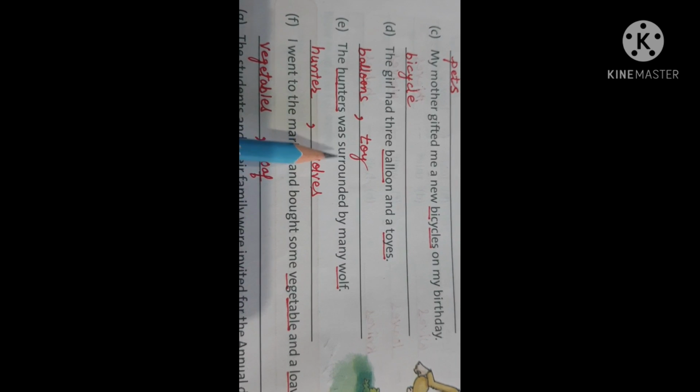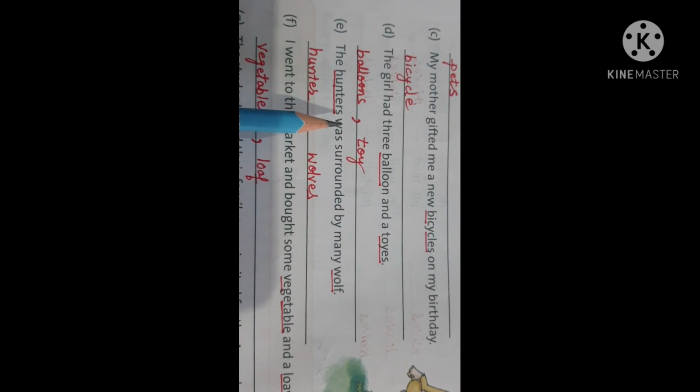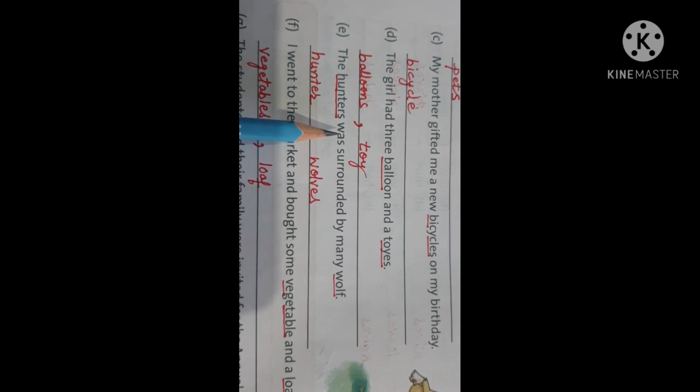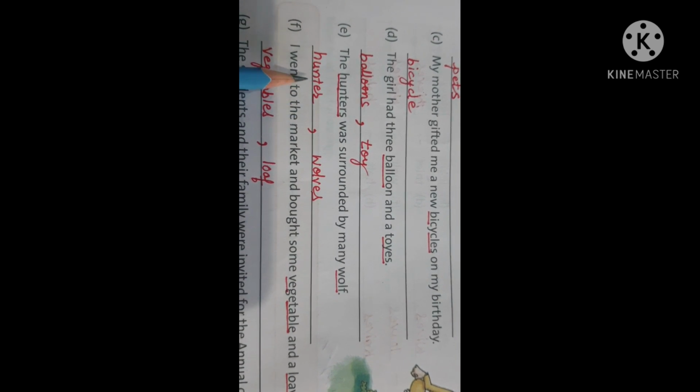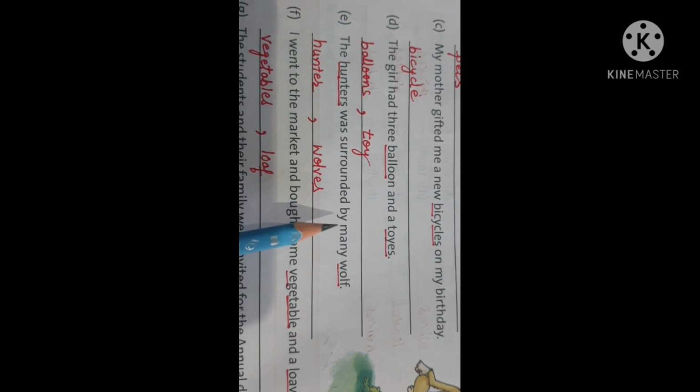The hunters was surrounded. Now children, was is used for singular subject. Was singular subject के लिए use होता है, right? Singular naming word के लिए use होगा. So यहाँ hunters लिखा है, which is incorrect. So we will write hunter here. The hunter was. अगर hunters है तो उसके साथ were आना चाहिए, right? The hunters were. But here was is given to you, इसीलिए ये was हमें बता रहा है कि इससे पहले plural आए, singular आएगा, right? So hunter. Hunter is your singular form. This is correct.